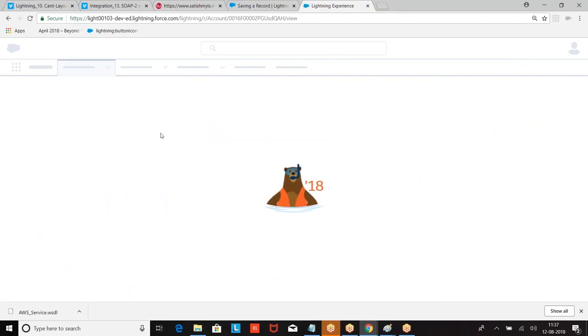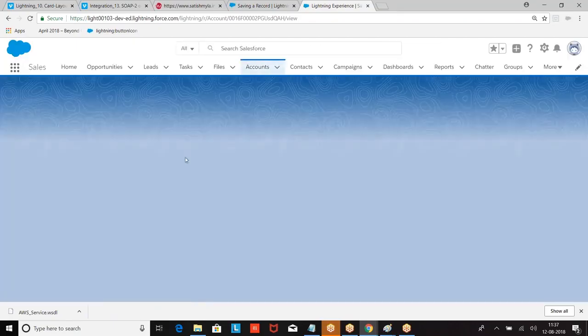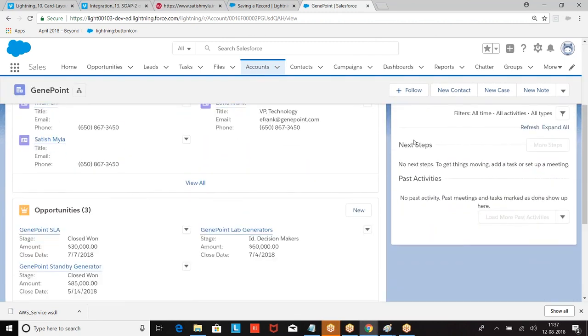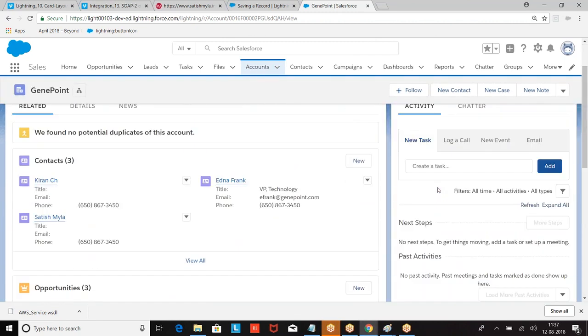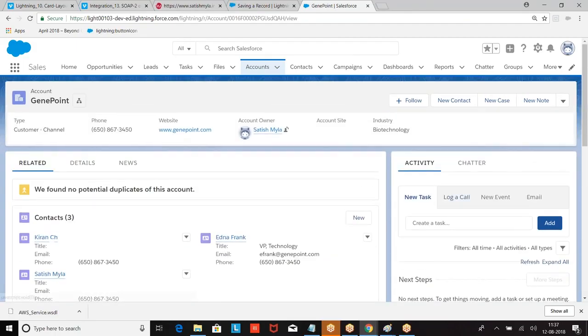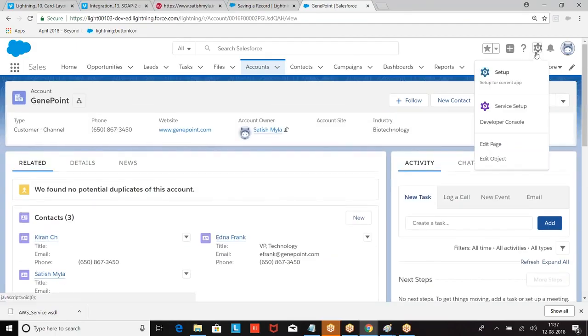Back. Now look at this. Where was our component? Record edit page.